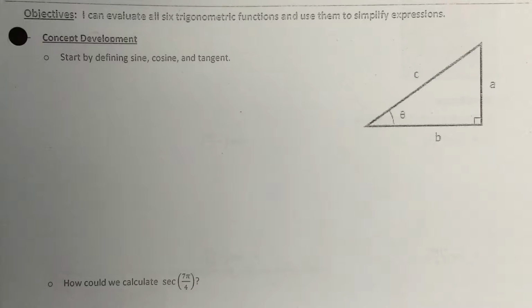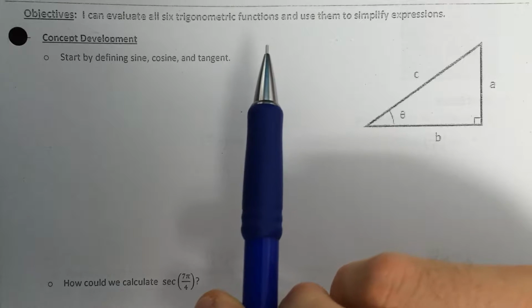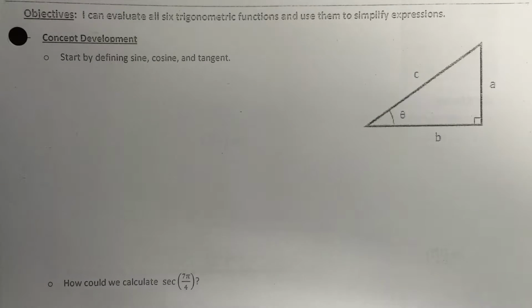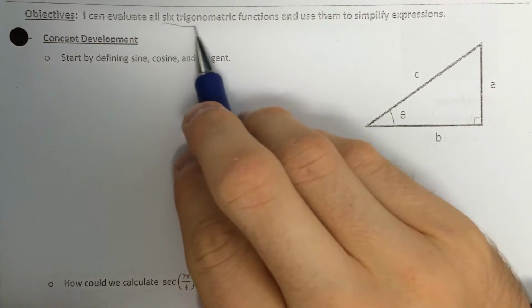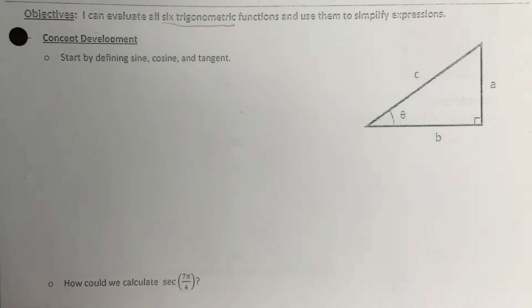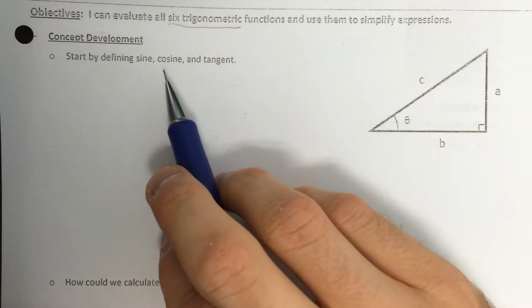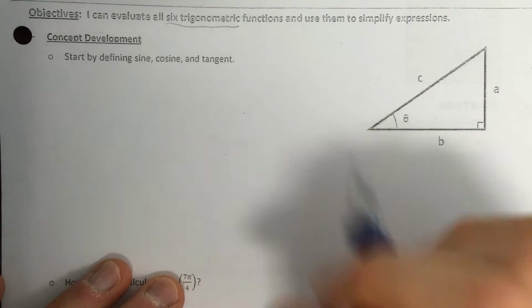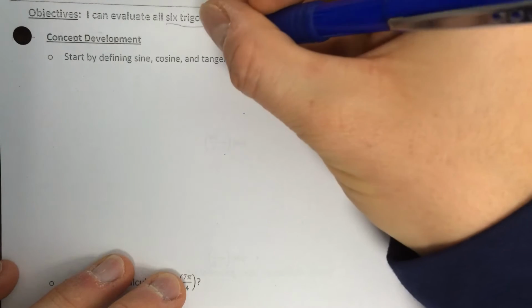Today what we're looking at is evaluating all 6 trigonometric functions and using them to simplify expressions. This is probably part 1 of 2 or 3 videos, and you'll notice that it says all 6 trigonometric functions. So far what we've looked at up to this point are sine, cosine, and tangent. And if we're looking at the actual definitions of these 3 functions, I'm going to write